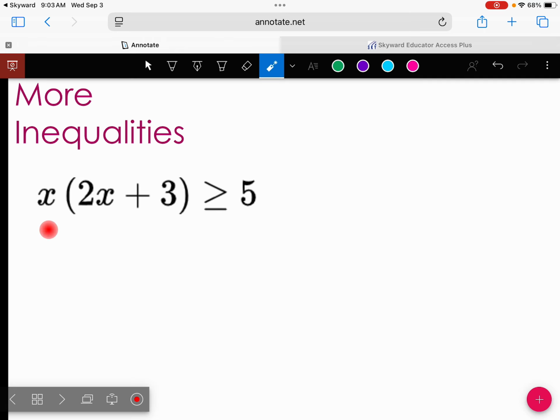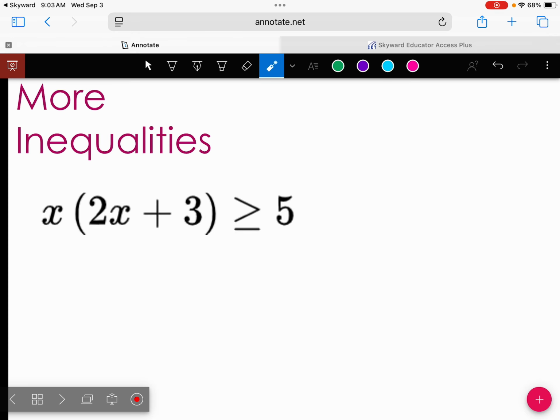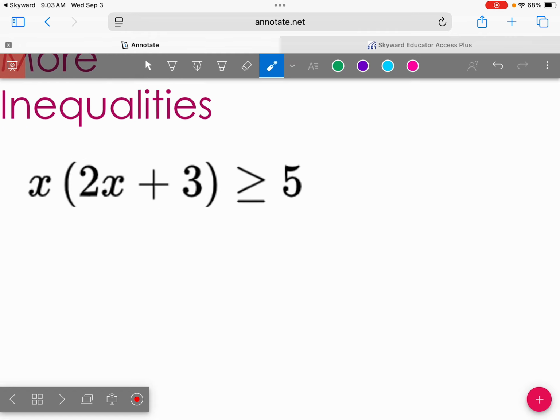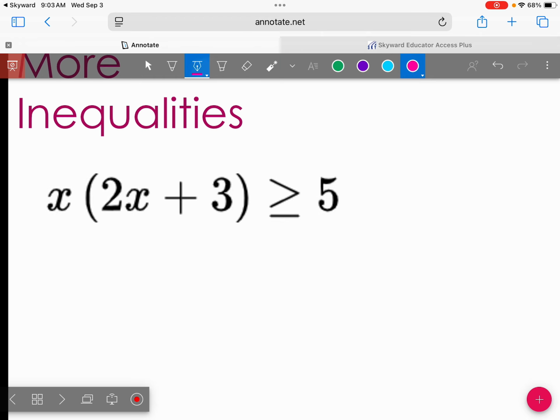So unfortunately, I can't just use my factors here, because we need this thing to be set equal to 0 because we have x times x, which means we have a quadratic over here. So before I can do anything with a positivity table, I need to get this thing set equal to 0. So we're going to start by multiplying out the left-hand side